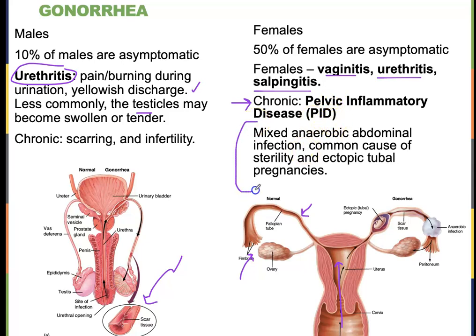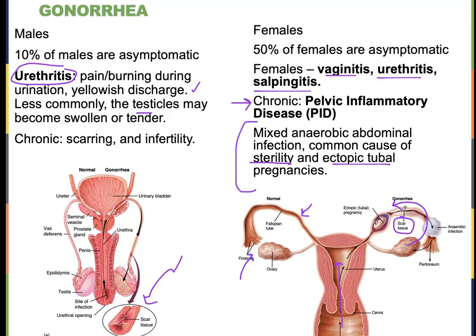And this can be a mixed anaerobic abdominal infection. It can begin with one bacteria and have more grow. It's a very common cause of sterility and ectopic tubal pregnancies because of that narrowing of scar tissue, right? We saw that picture here. We can see it building up here, right? So when you get irritation and inflammation and it's not treated, that normal tissue can become fibrotic, very large and scarred, and it can block the passage of the egg, which I said is going to travel down the fallopian